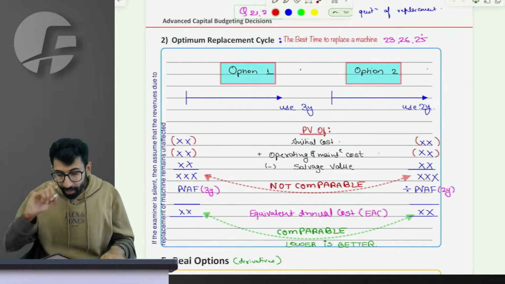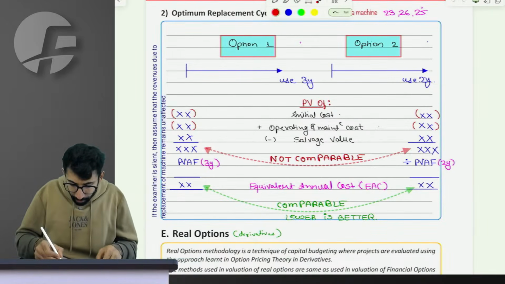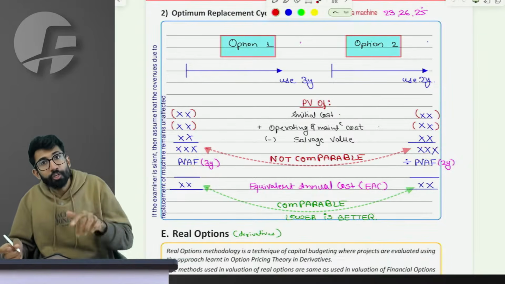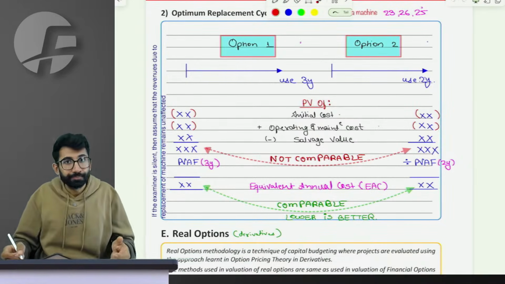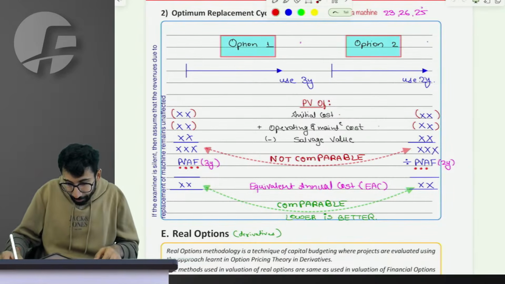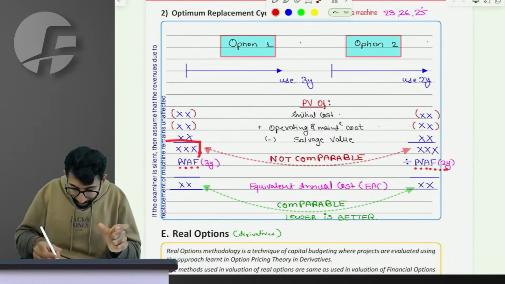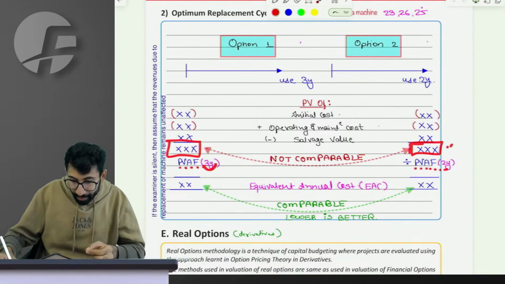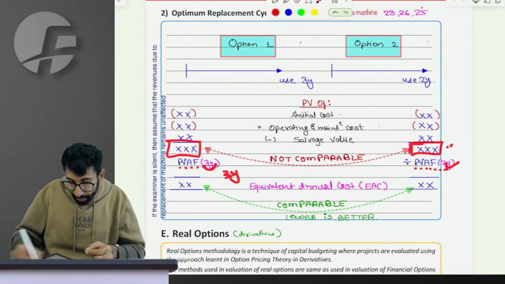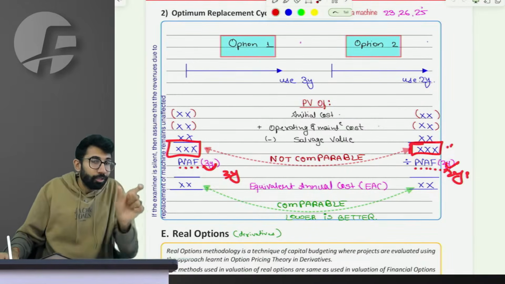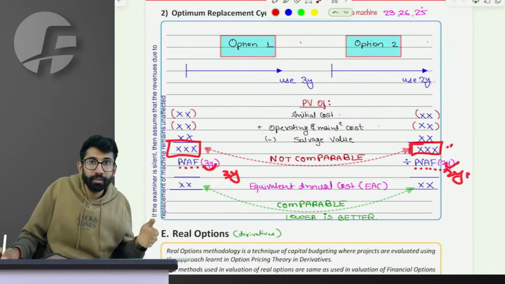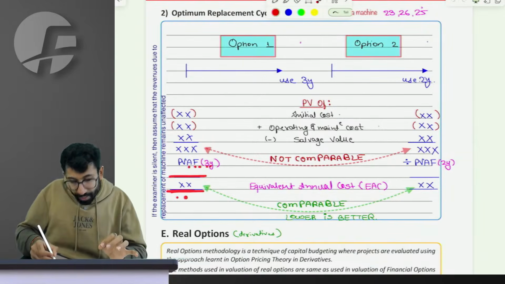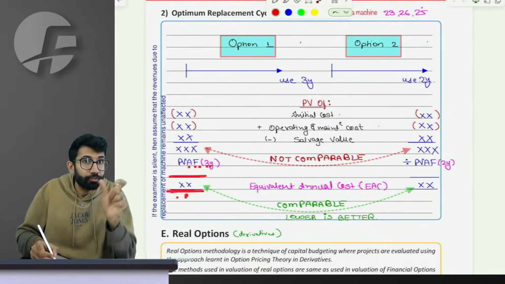What do we do? We kind of average it out. You all might think, sir, divide by 3 and divide by 2, give me the per annum cost. You have to do the average, but with the effect of time value of money. You have to divide it with the present value annuity factor. So if I have the present value of future annuities and if I divide with the annuity factor of 3 years and 2 years respectively, will I be able to find out the amount of annuity of every year? Yes, dividing by the 3 year annuity factor gives me the equivalent cost of every year.